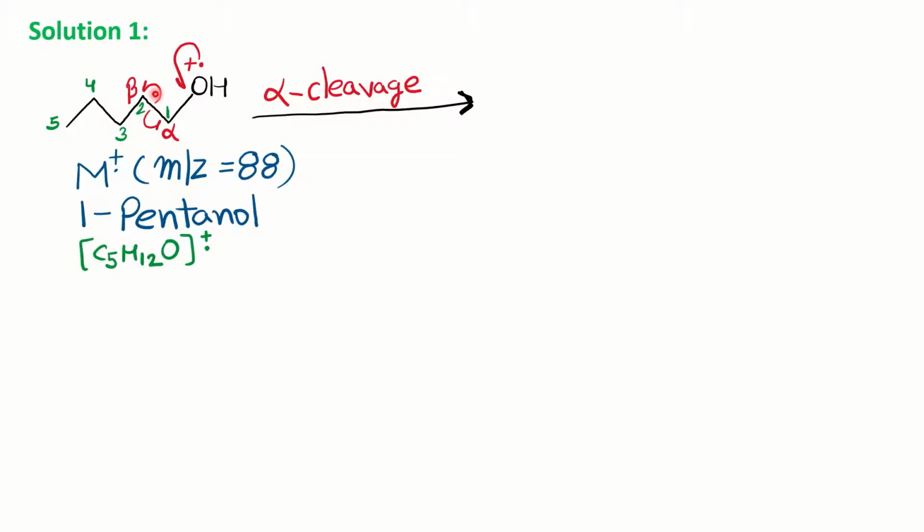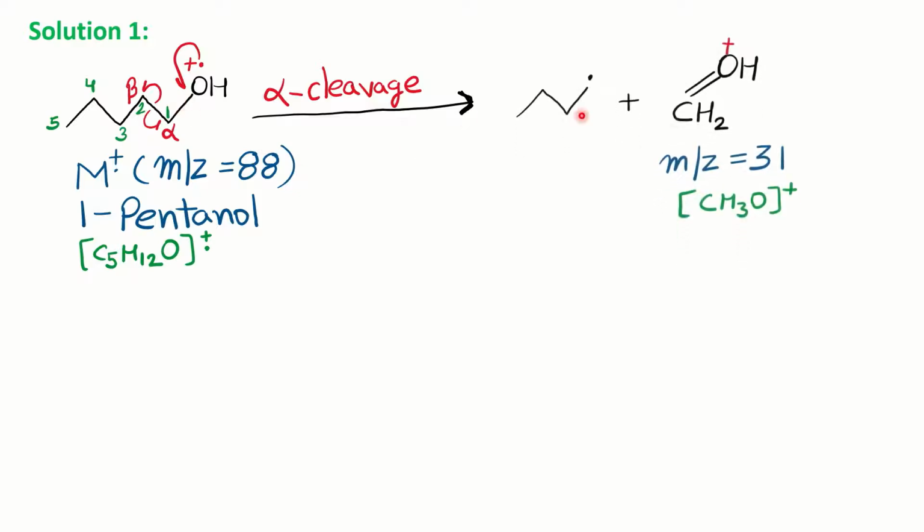So here one electron after fragmentation will go to the beta carbon, and one electron will come to the alpha carbon. And that electron which comes to the alpha carbon will form a bond with this free radical which is present on the oxygen and will form a double bond. So you can see here this alkyl group is released as a free radical.